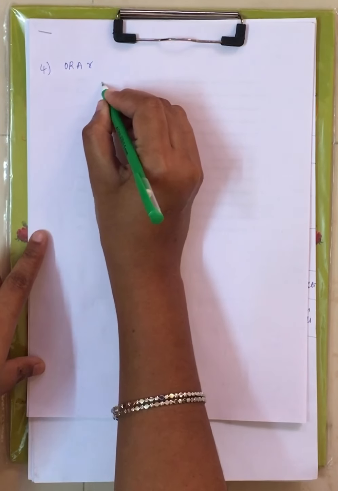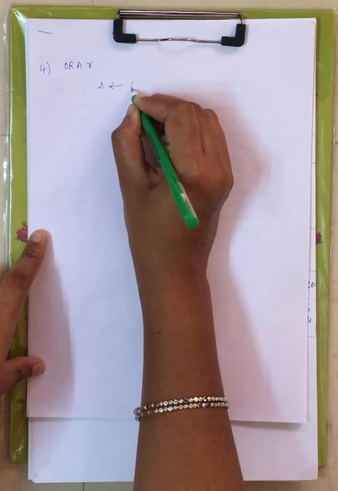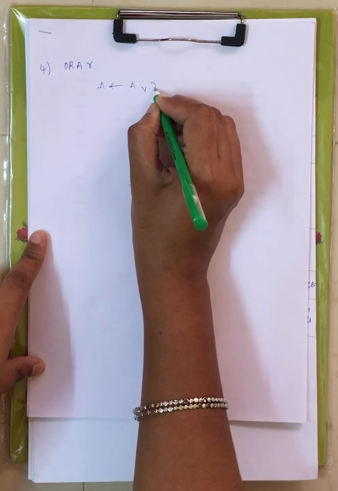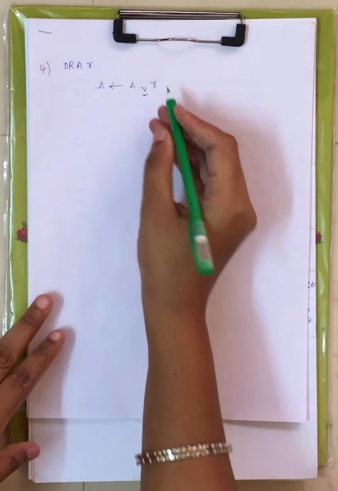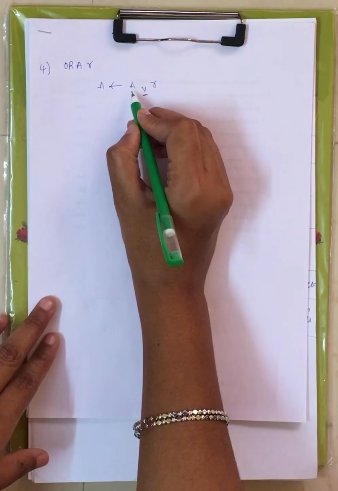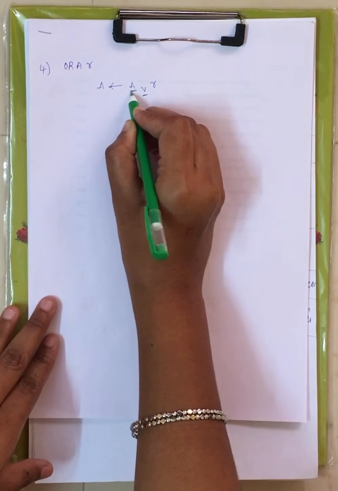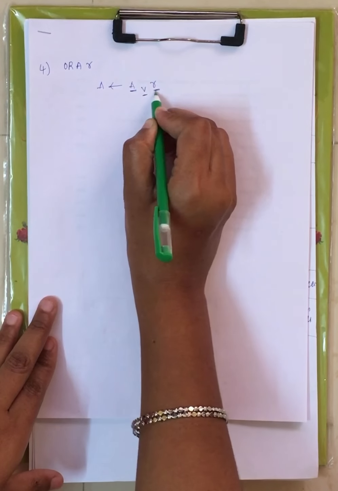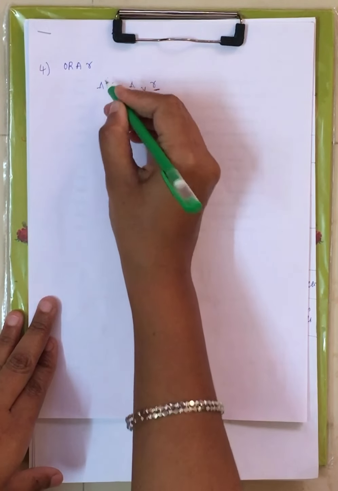Now this is about the logical OR operation, right? What will it do? It will perform the logical OR operation. This is the logical OR symbol. If you are representing on the upper side, that is logical AND. If you are representing on the lower side, that is logical OR, right? Now you are performing the logical OR operation between the contents of the accumulator and the contents of register R, and the result is stored in the accumulator itself, right?